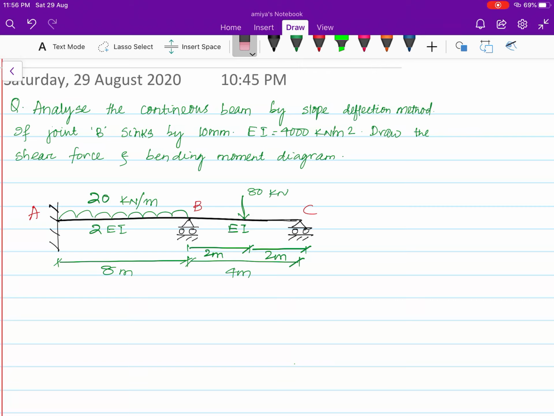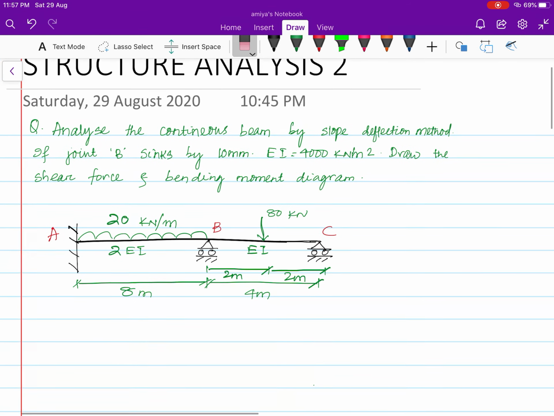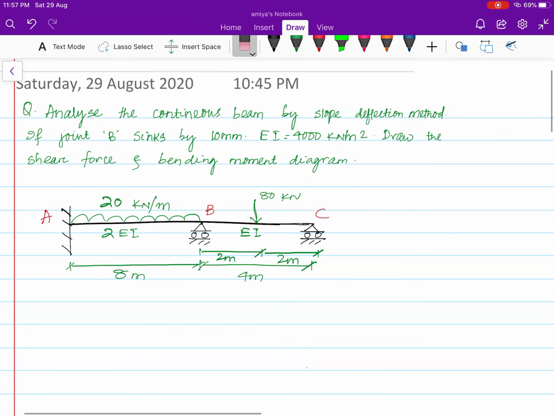Hello everyone, I am Dr. Ramya Ranjan Pandit. So today we are going to discuss an important topic from structural analysis 2, that is our slope deflection method. So slope deflection method is actually employed to analyze statically indeterminate structure. So this is the given question where the beam is statically indeterminate and we have to draw the shear force